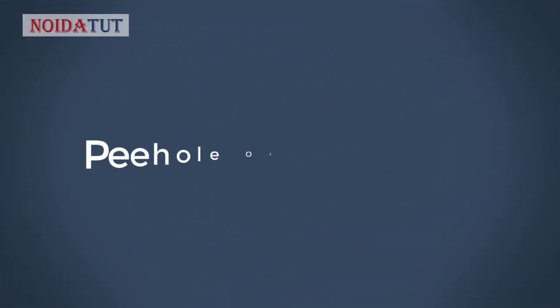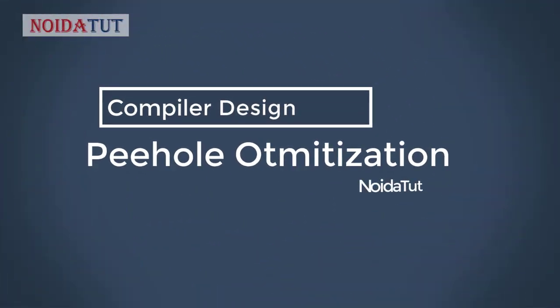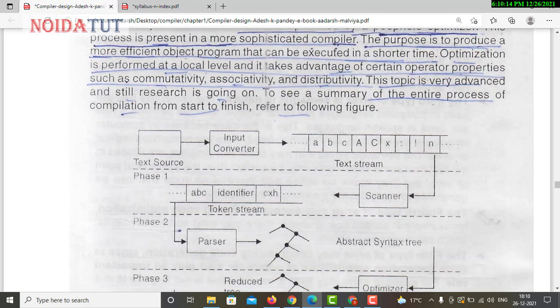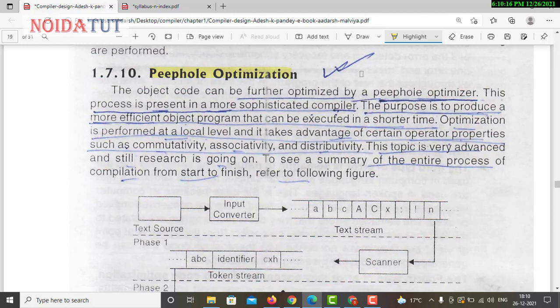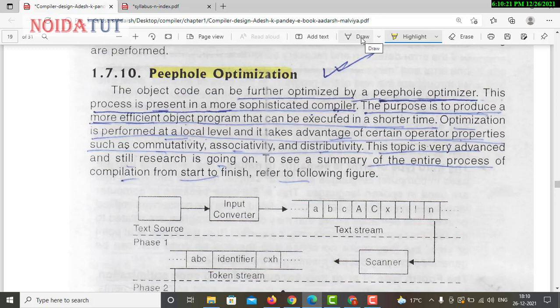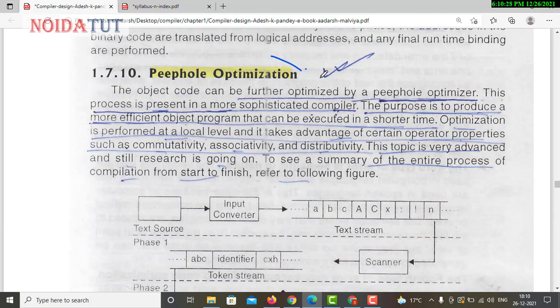That is the peephole optimization. Now we are going to have a brief look at what peephole optimization is. Optimization, what is optimization? It is just the shortening of the code. For example, we have the for loop. A for loop is a type of optimization of the code. Fine. Now peephole optimization further optimizes the code by the peephole optimizer.